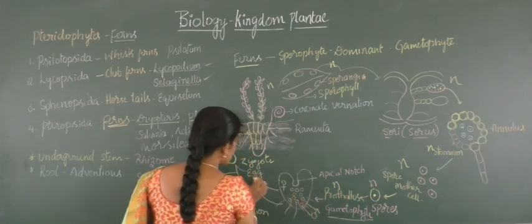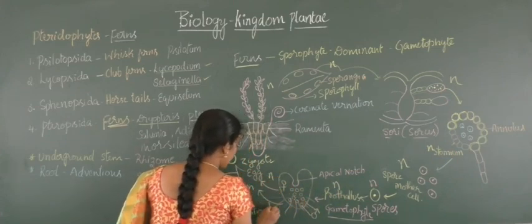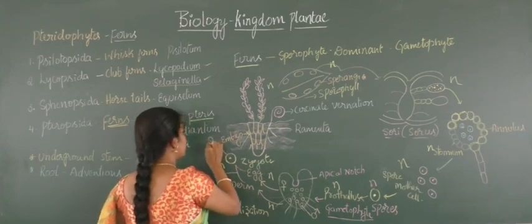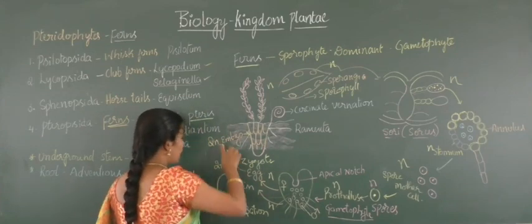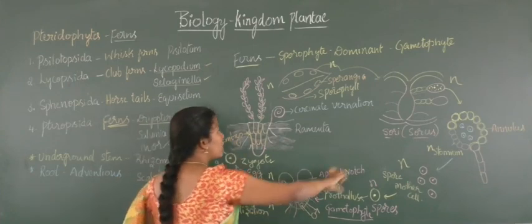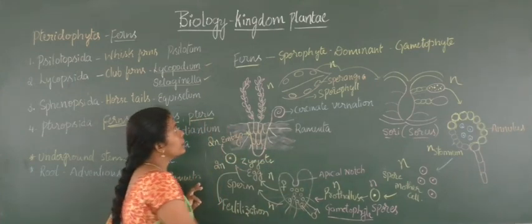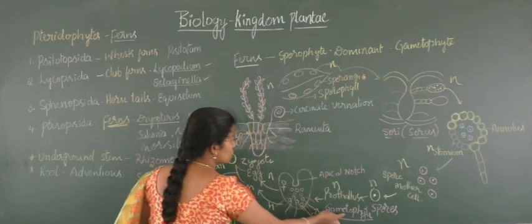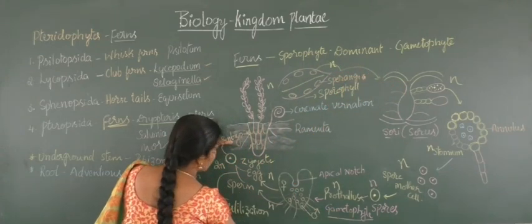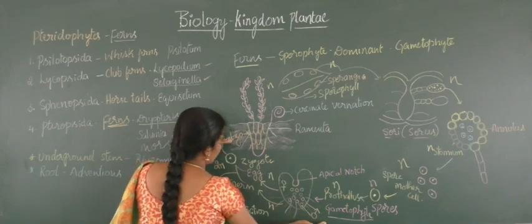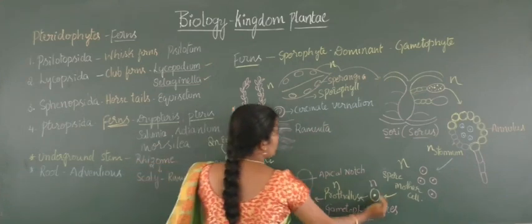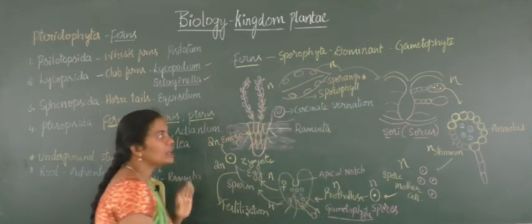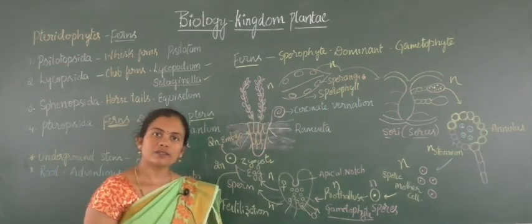Up to the point of fusion it will be N, and later this will be 2N. Only a very short span will be 2N, and all other parts will be N. Here the sporophyte is the dominant stage, and the gametophyte is a very small stage. It is a gametophyte up to here only, so that's why it is a shorter period. Dominant means from here to the spore mother cells and the spores. So that's why it exhibits a haplodiplontic life cycle.